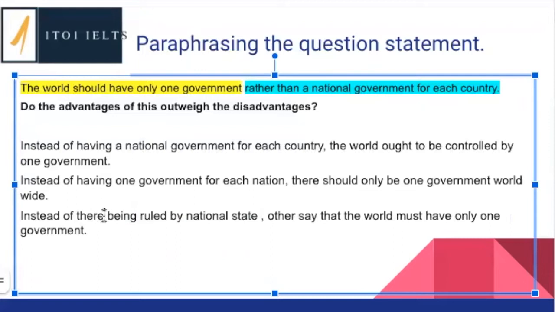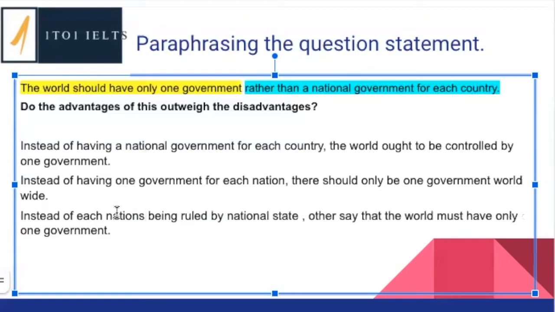Instead of our object here, each nation. When we say "each," it is always going to be followed by a singular verb. So instead of each nation, now we can have the gerundial expression, each nation being ruled. And then this is the only time you're going to put your subject in a prepositional phrase. A lot of my students, I'm always telling them, do not try and put subjects and objects in prepositional phrases. The one time you should be using prepositional phrases with your subject is in the passive voice. So in the passive voice, we use "by" and then the subject. So instead of each nation being ruled by, "states" here are countable, so we'd have an article here. Instead of each nation being ruled by a national state,